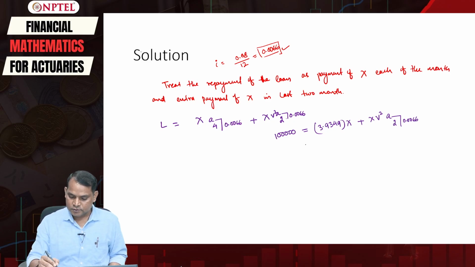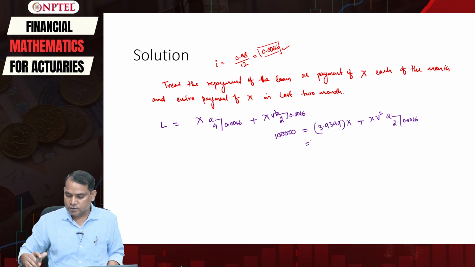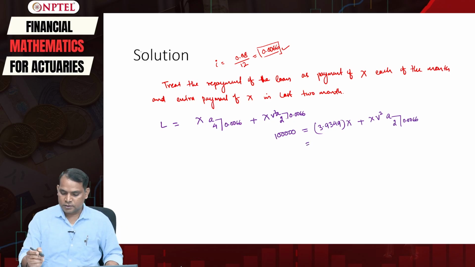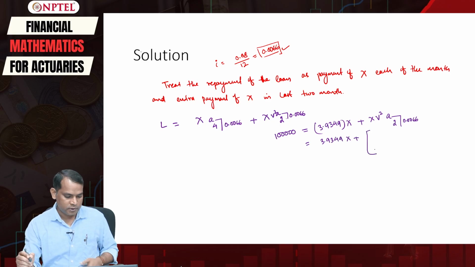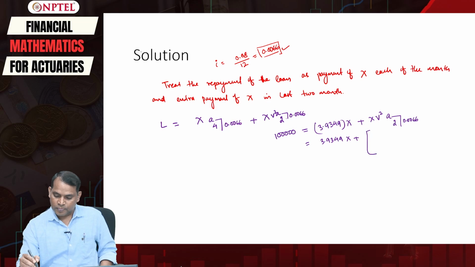Let me compute this first. Rewrite this here: 3.9349 X plus